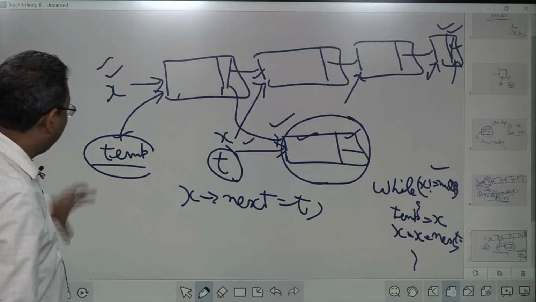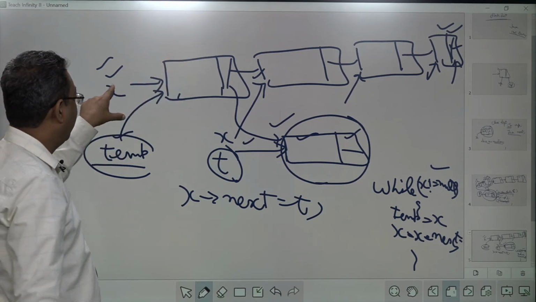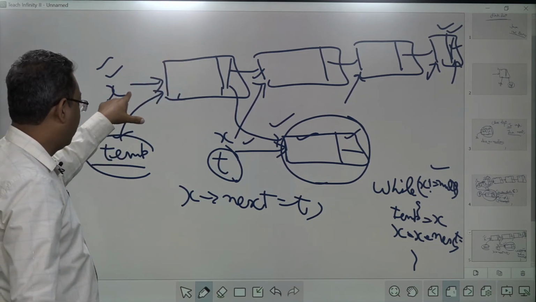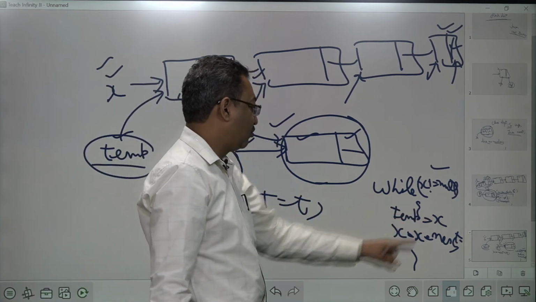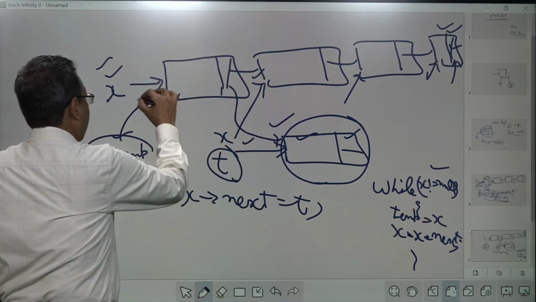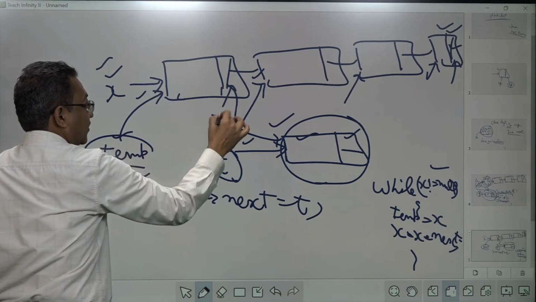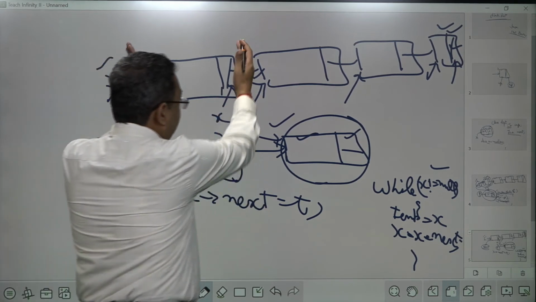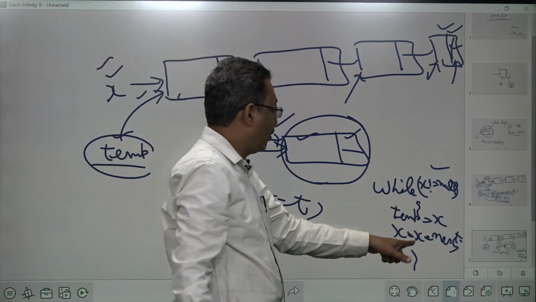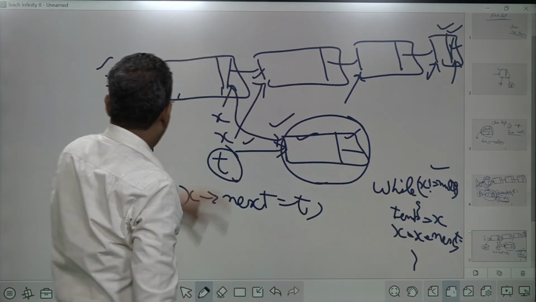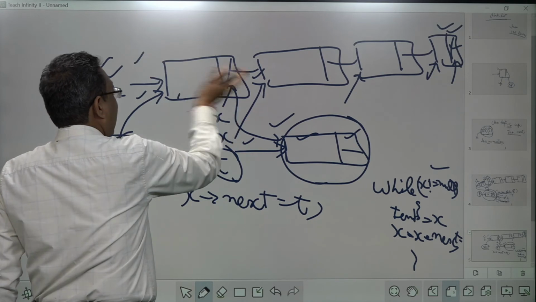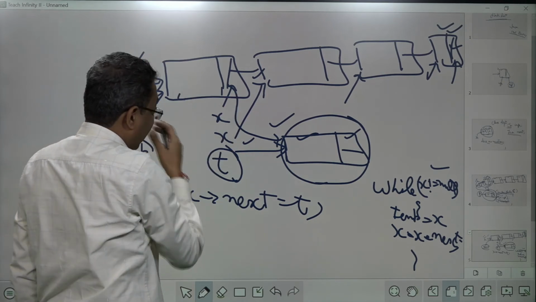Right. So in case there is only one node, what will be the case? X is not null. Of course, this will go here, this will execute. Temp is equal to x. Temp will come here and x will go on. There is only one node, so temp is just at the last node.